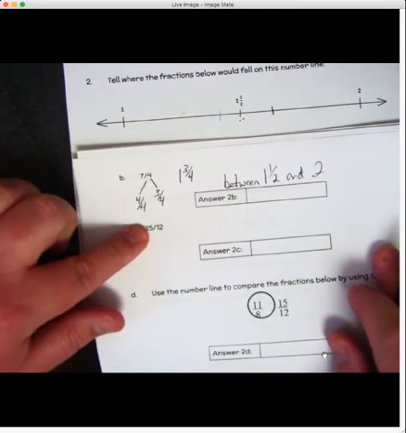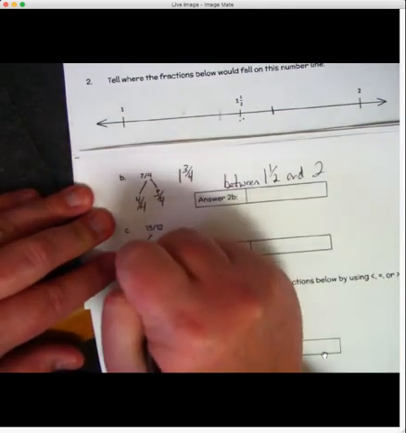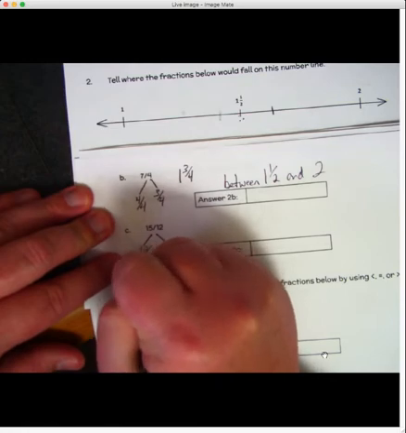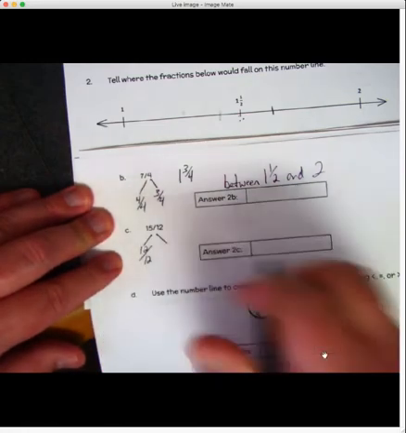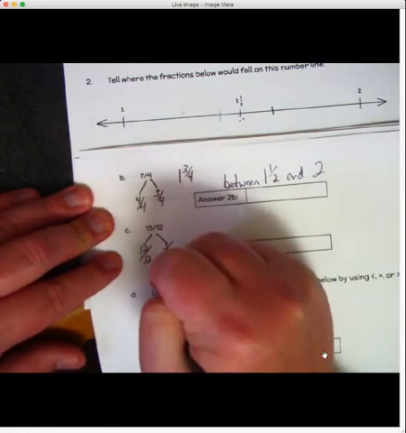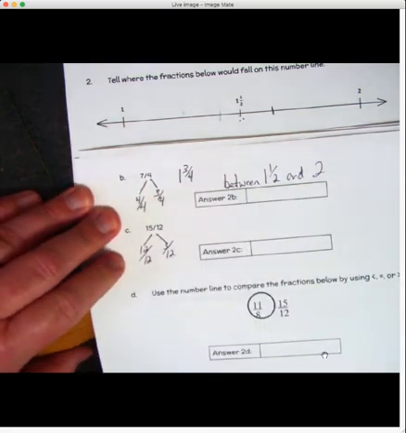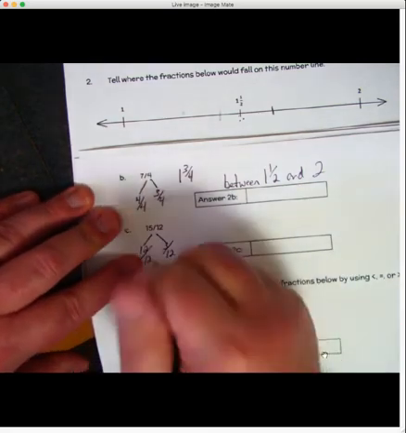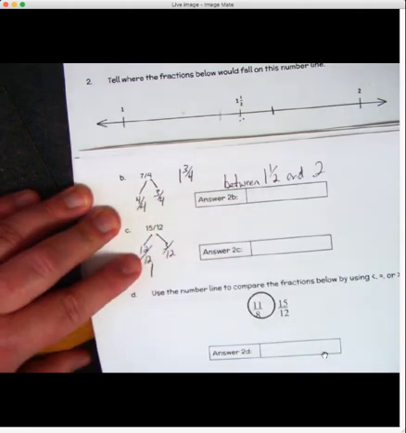This one, 15/12. Let's decompose it. I need 12/12. And to get 15, I would need 3/12 more. 12 plus 3 is 15. So remember, this would be 1. 12/12 equals 1. And